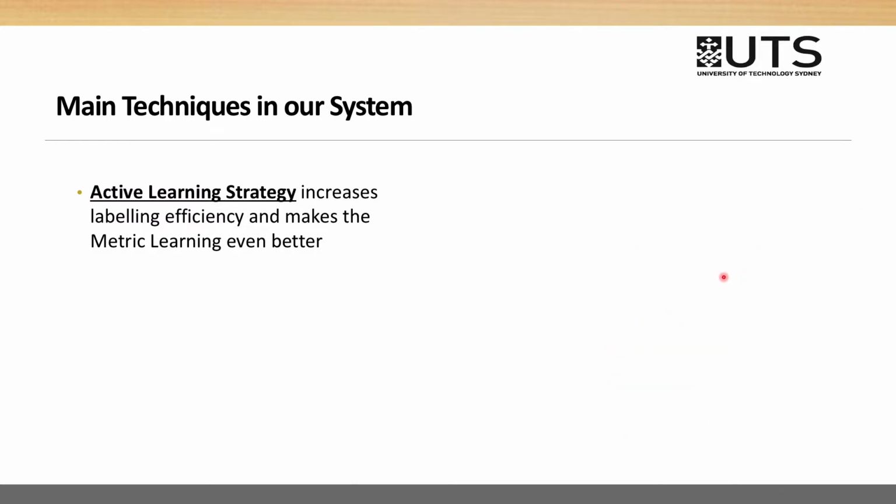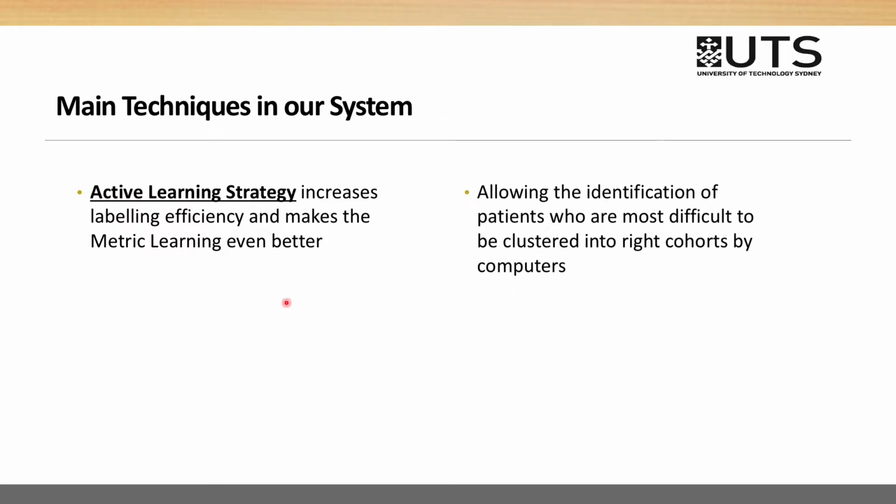Also, we have applied one of the active learning strategies to increase the labeling efficiency. Specifically, we provide visualizations of each iteration of clustering result, which will help to identify the patients who most need to be investigated or labeled. For example, the patients near the edge of one cluster and also close to a second cluster. And by paying special attention to these patients, the expert labeling and the whole machine learning efficiency will be largely